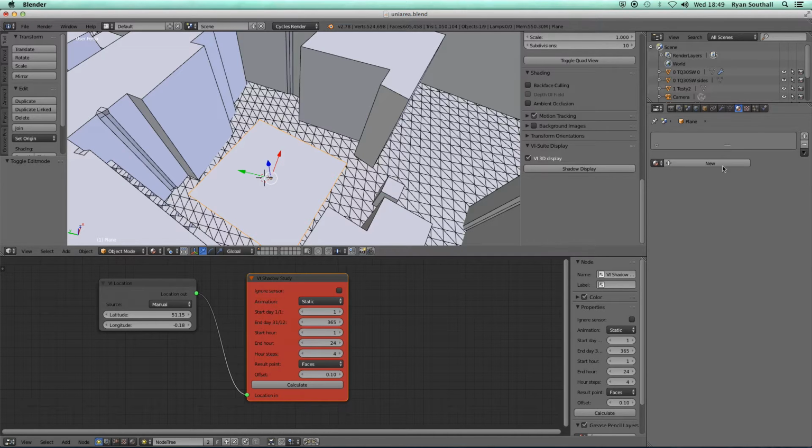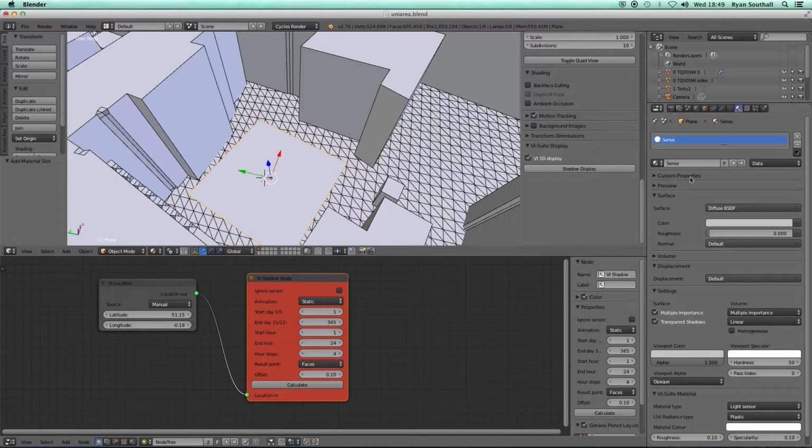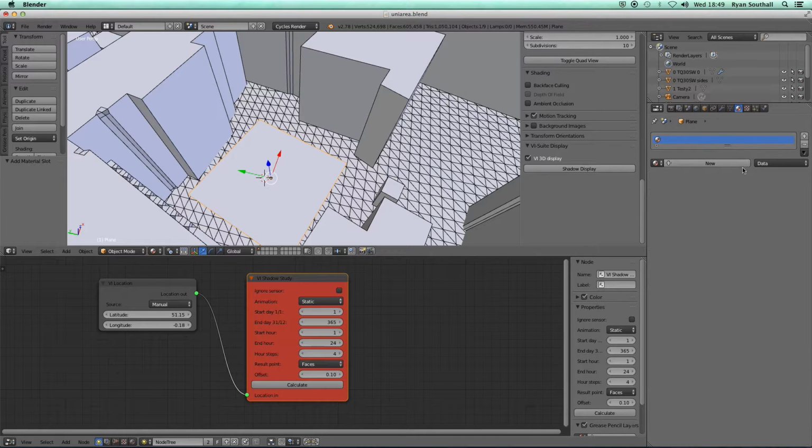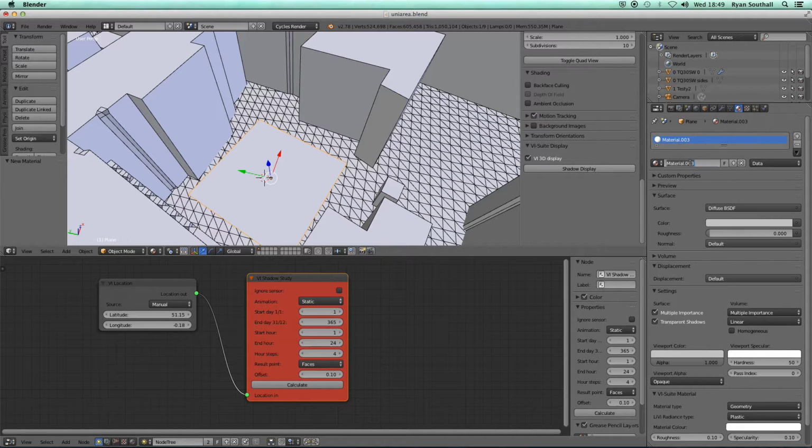So if I come over here to the Material tab, if I've newly created this geometry, there'll be no materials associated with this geometry. So I can press plus here, and that will allocate a material slot to this whole object. And I can now put within this material slot a material. Now I created this sense material earlier. What I might do is I might just create a completely new material,